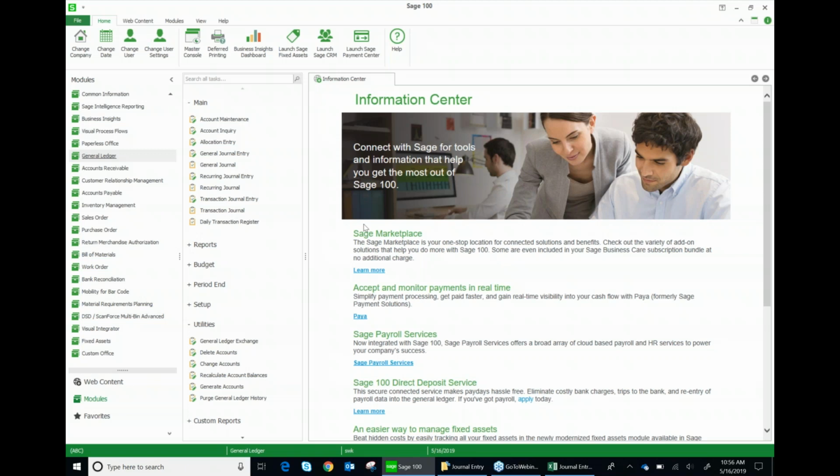We only have the ability to create the entry in the company that we're in. Okay, so if I were to create an entry in ABC, but I also wanted to post something similar in XYZ, I would have to do my entry in ABC first, and then leave ABC, go to XYZ, and do